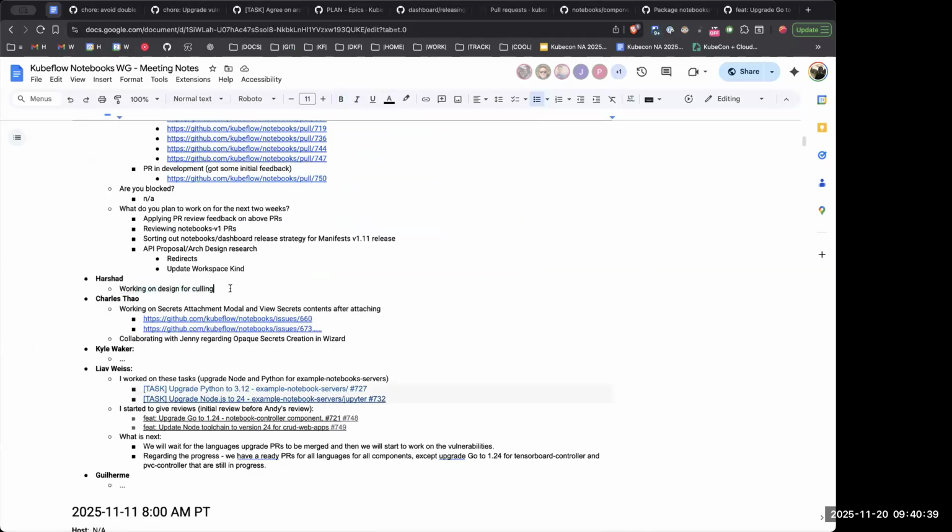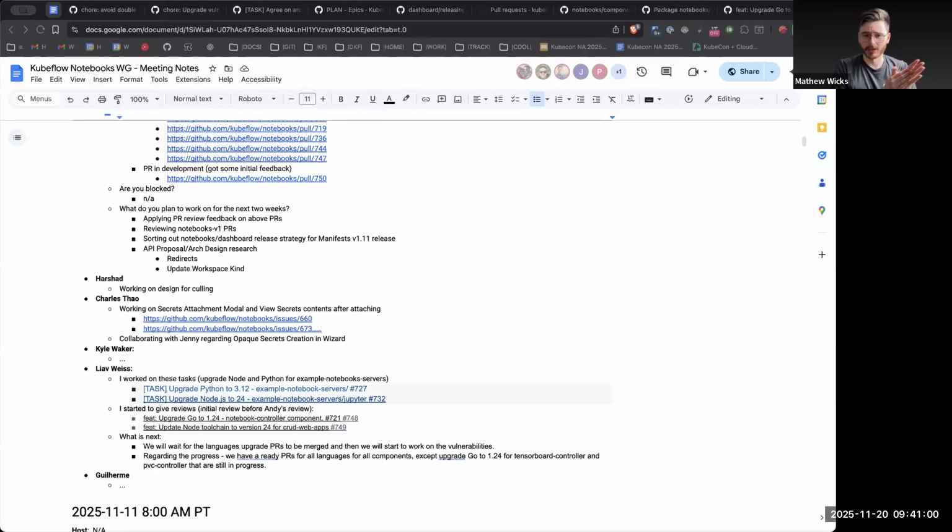On mine, I'm trying to find out some more details about the culling, especially to look into code-server and RStudio, because it's different from what we did for Jupyter. I'm gathering some information and putting things together so that we can all discuss. There's a generic API which is only there for backwards compatibility.